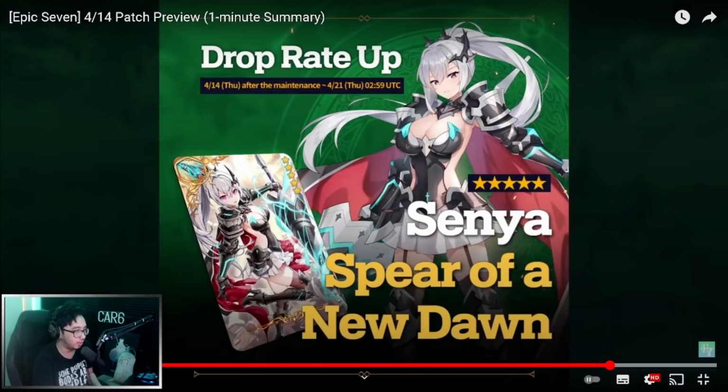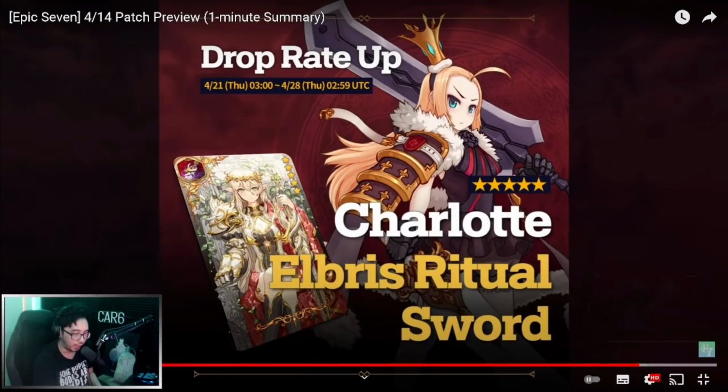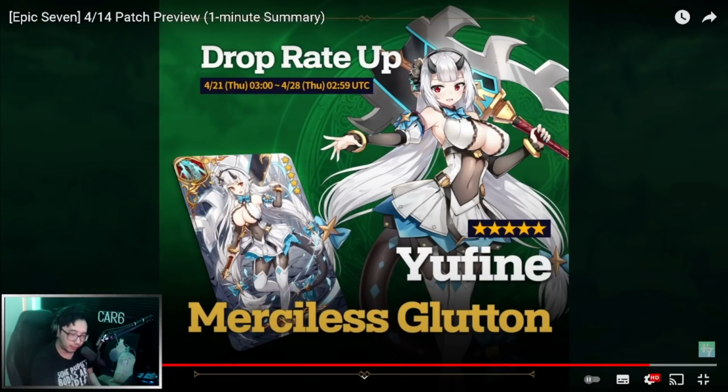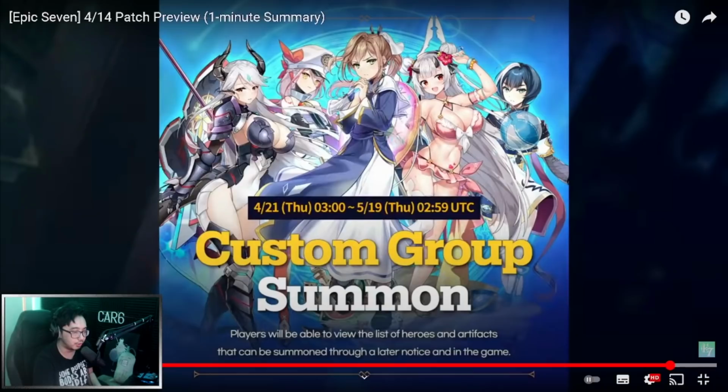Ignore all of these boys. Ignore Senya and ignore Charlotte, okay? Not saying both of those units aren't actually pretty decent, they're just not in the best spot in the meta. Yufine, definitely skip for now, even though her artifact is good. Maybe grab that with powder, but the reason I want y'all to skip is because I want to talk about